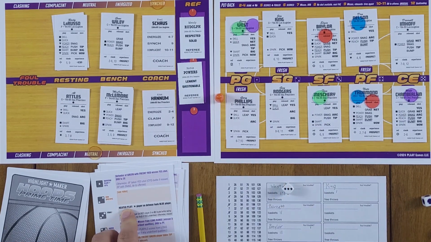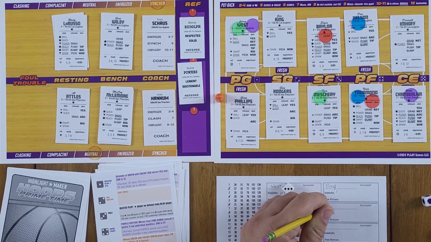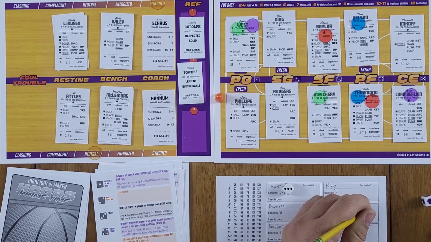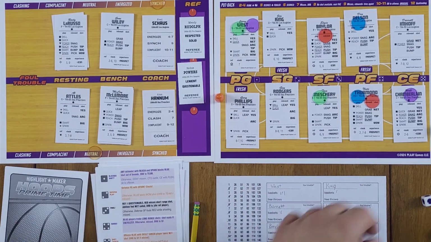3, foul. Heated play. Okay, so we haven't had that yet. A starburst player on defense fouls blue player. Nelson has a starburst. So he fouls the blue player. Okay. So the blue player is Nate Thurmond. He's fouled by Don Nelson. So he gets charged with a non-shooting foul. So we've got to put Nelson in here now. He gets a foul. And we flip another card, and we roll again for the Warriors, and they get a